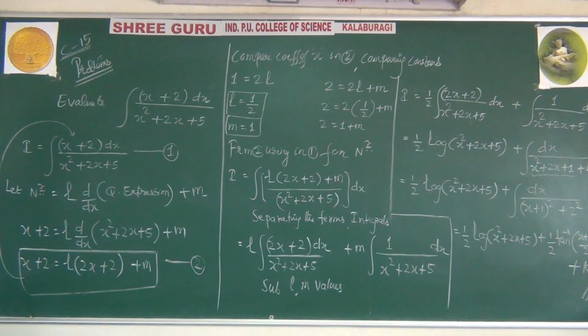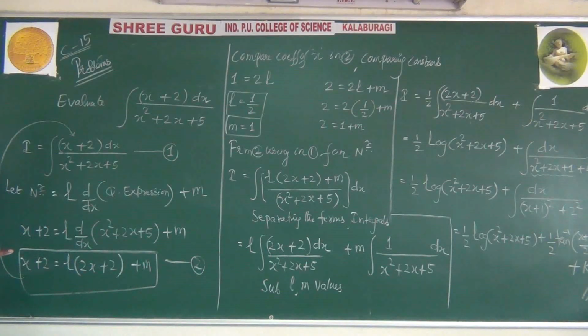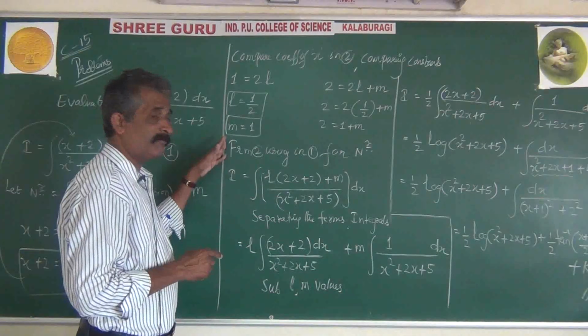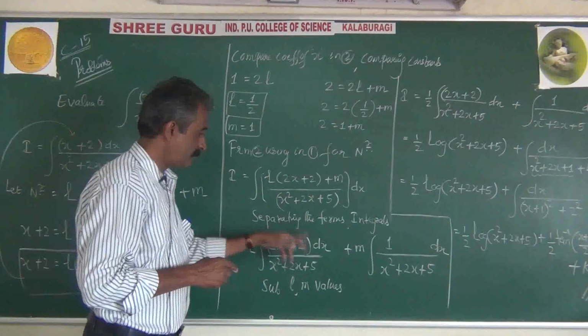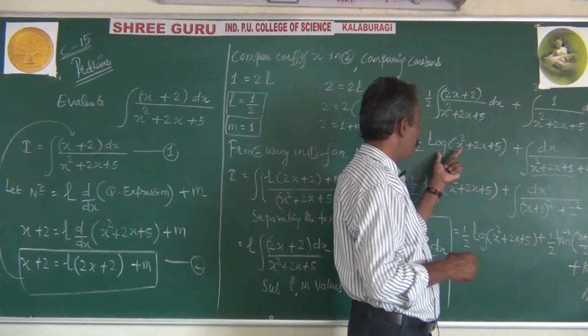Looks like a somewhat expanded one, I mean, lengthy one, not a complicated one. Easier. The same problem can be given with a square root. If there were a square root, the method will not change. Please keep in mind, the method remains the same: same L value, same M value, here square root, here square root.